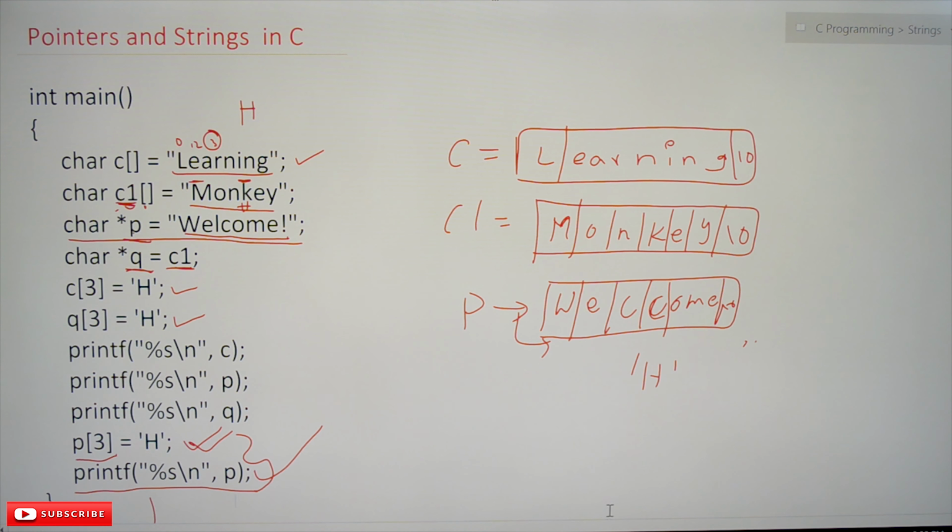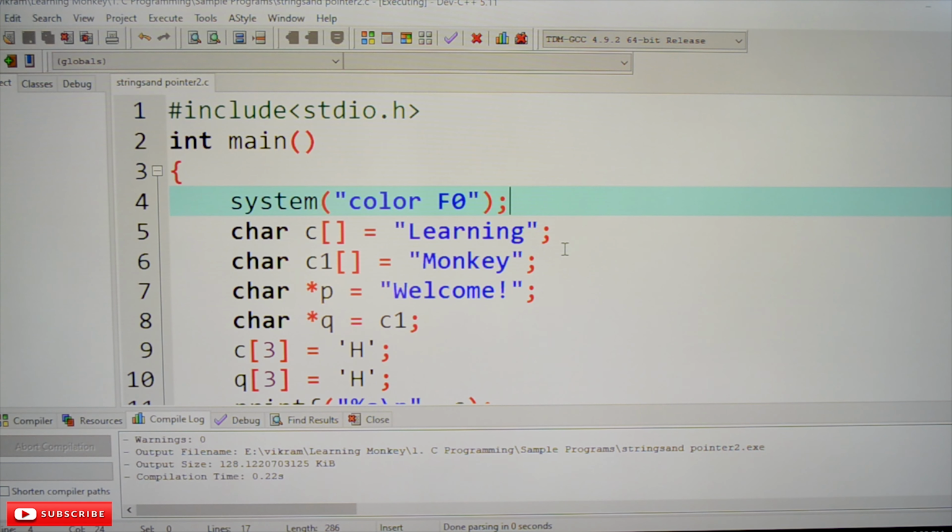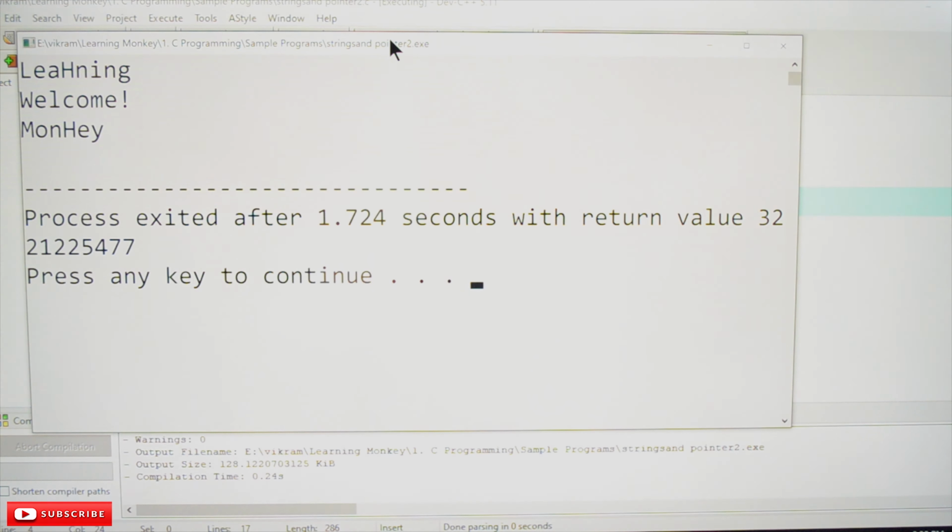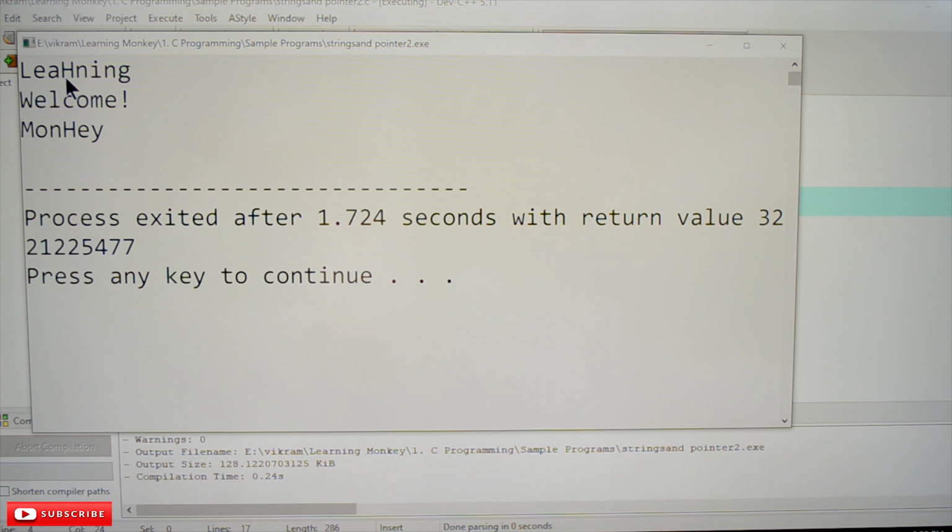So this is our program. The same program, here we have taken P of 3 is equal to H. So let's check the output. Here is the output. In the place of R, it has been changed to H, and this is C1 which has been assigned to a pointer.